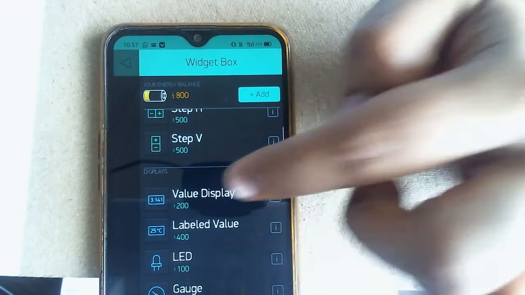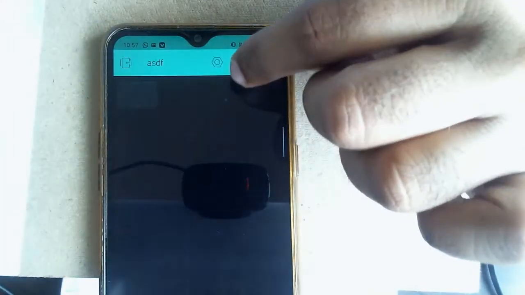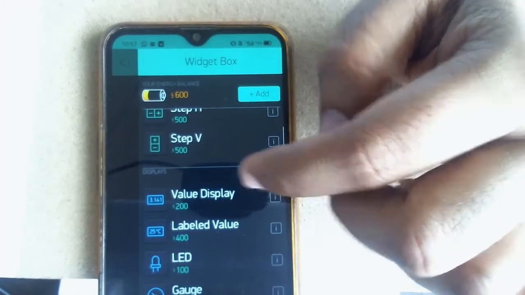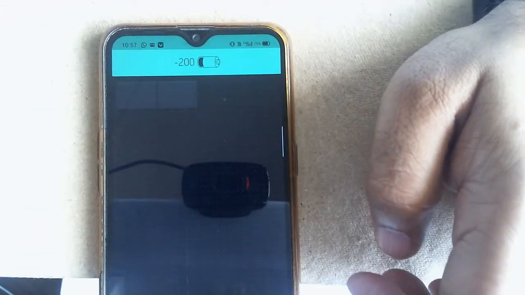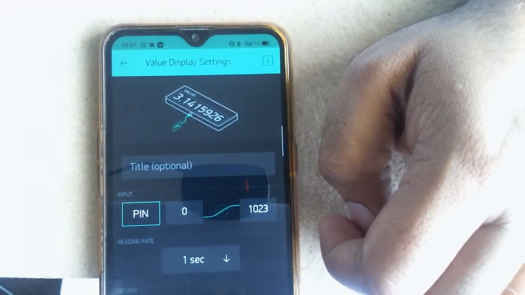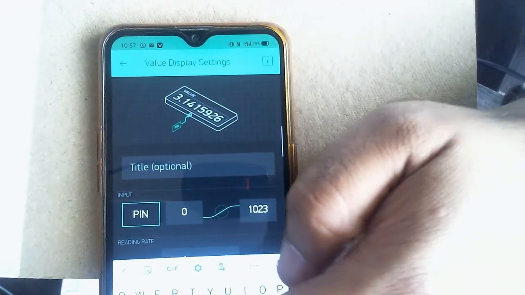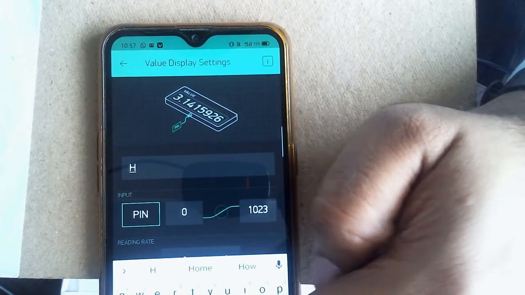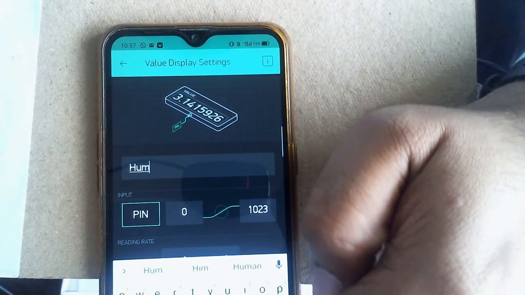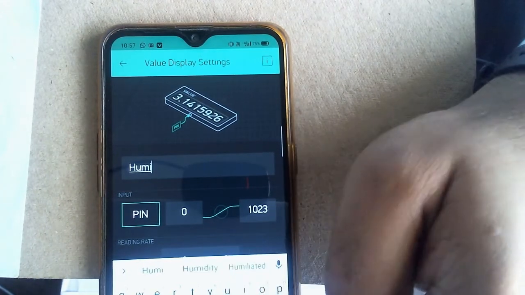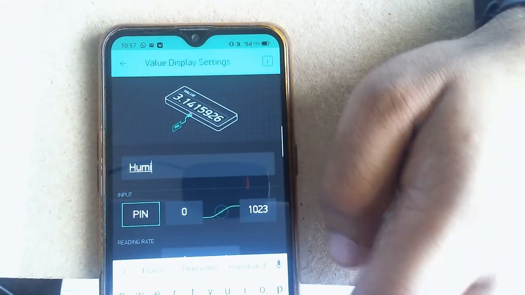I will take it, and now it is added. Again for temperature, I'll go to the same place and take the next option, so two blocks are selected. Now click on the first block, and you need to customize it. Provide an optional name. Suppose this is the humidity, so I am providing the name humi.